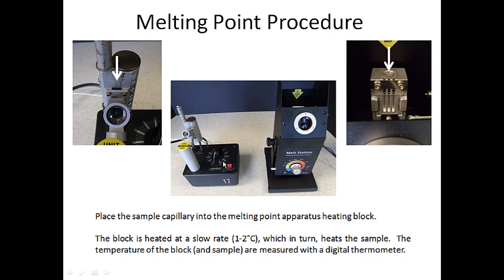On the Mel-Temps, there is no temperature on the knob. It basically is just the amount of heating, with a 0 being no heating and 10 being maximum heating. So you kind of have to go trial and error as you adjust the knob to get the heating to